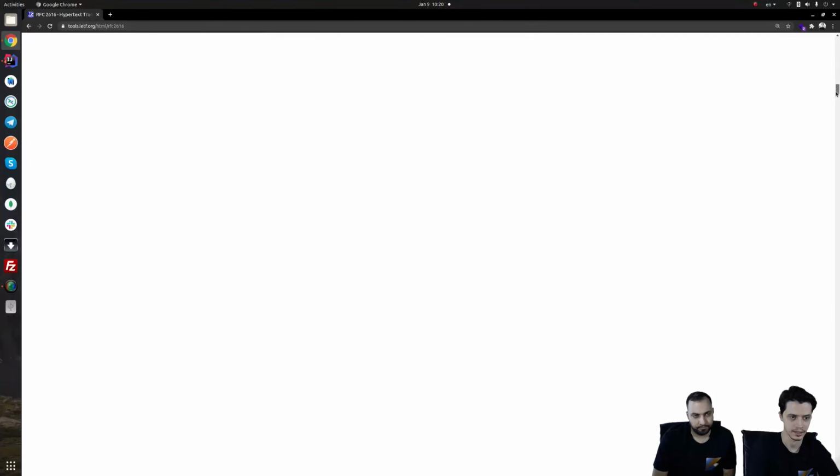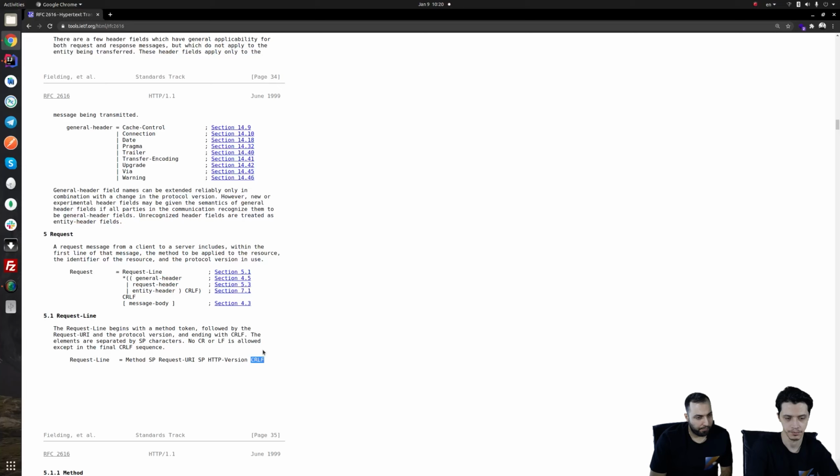So here we know that the request has a request line ended with CRLF, and the CRLF is 2 consecutive bytes. CR is carriage return, number 13, and line feed LF is byte 10,